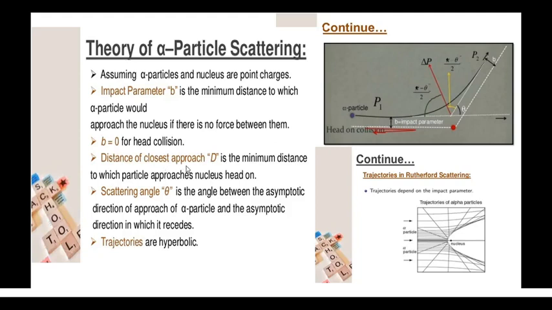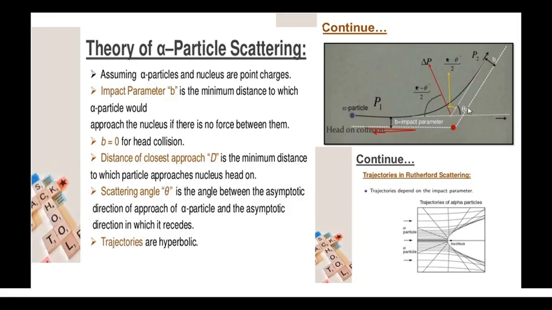We are going to find an expression for d in this session, and it is the minimum distance to which a particle approaches the nucleus head on. So that is the minimum distance between the alpha particle and the nucleus or the atom. We can say it as an atom because J.J. Thomson defined it as an atom. After this scattering experiment, Rutherford came to know that it's not an atom. It can be said to be the positively charged nucleus. So d is the minimum distance to which a particle approaches the nucleus head on, and theta, you know,